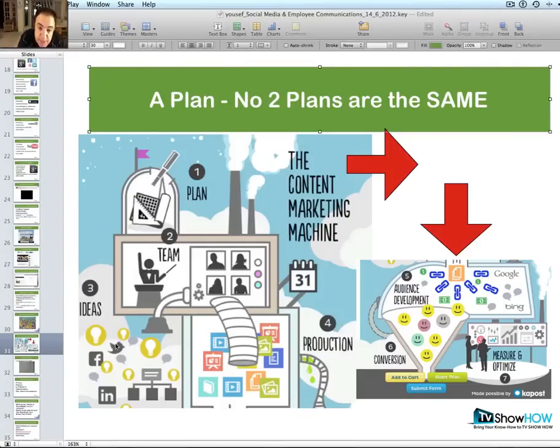The team gives ideas, they get buy-in, then you go to the content production, then you go looking for a crowd to listen to what you have to say, and then you work on the conversion. Unfortunately, everybody goes to step 5, and then they wonder why they can't measure and optimize the results. This came from K-Post. I didn't make this particular slide.